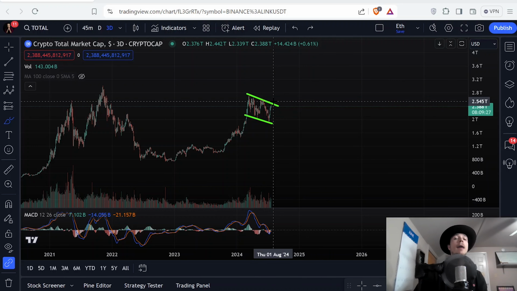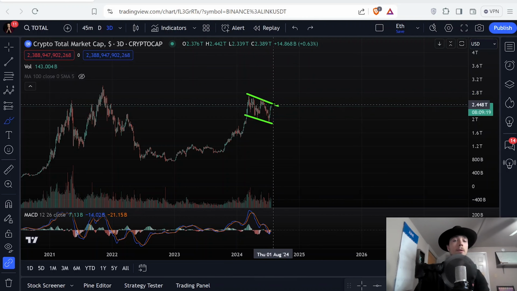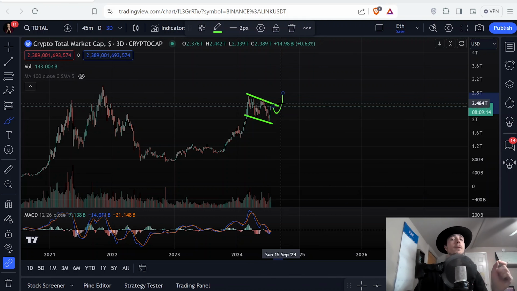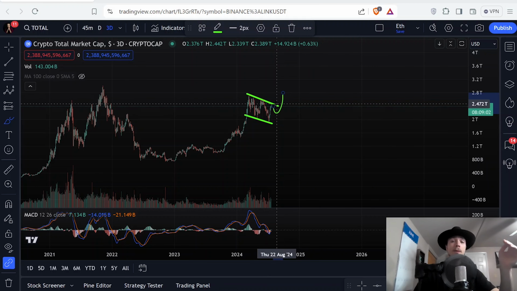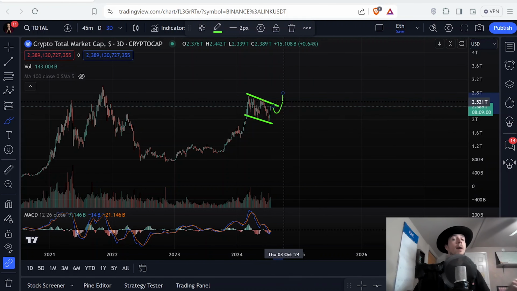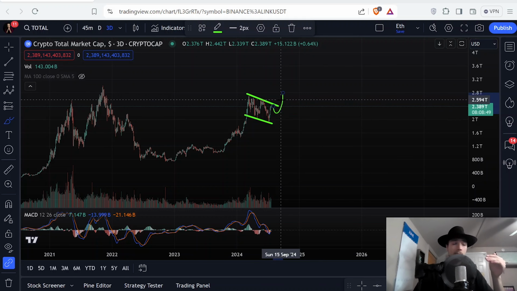But we are at resistance. Now, we could break right up through this resistance, this green line right here, or we could pull back a little bit and then break up through. So if we have a teeny pullback in crypto over the next week, don't be surprised. We're at local resistance. We don't have to. We can push right up through, but don't be surprised if we do have a little one. Either way, I think we're going to break out, whether we pull back a little bit at resistance and find support and then break out, or whether we just break out right here and right now.